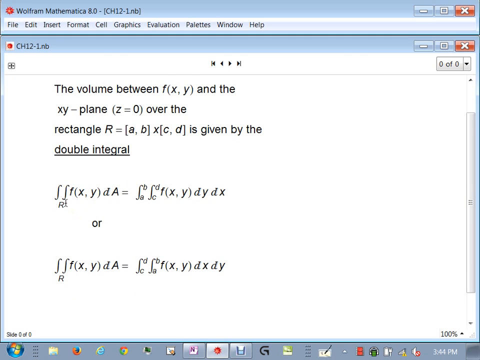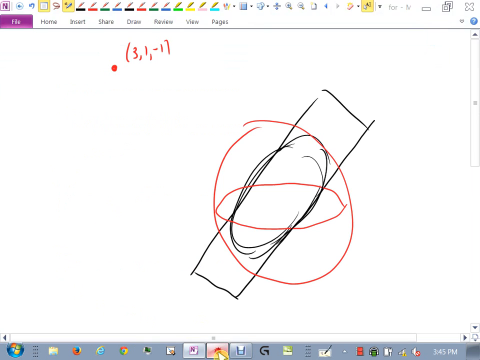So the notation here, double integral over R of f of x, y, dA. Now look at what we use here, dA. What do you think that stands for? Yeah, the infinitesimal area, right? Change in area or infinitesimal area. Well, what is the infinitesimal area? It's dy dx, isn't it? Now this may seem kind of like, who cares right now? It's kind of obvious from the geometry what's happening here. But as we move on in this class,